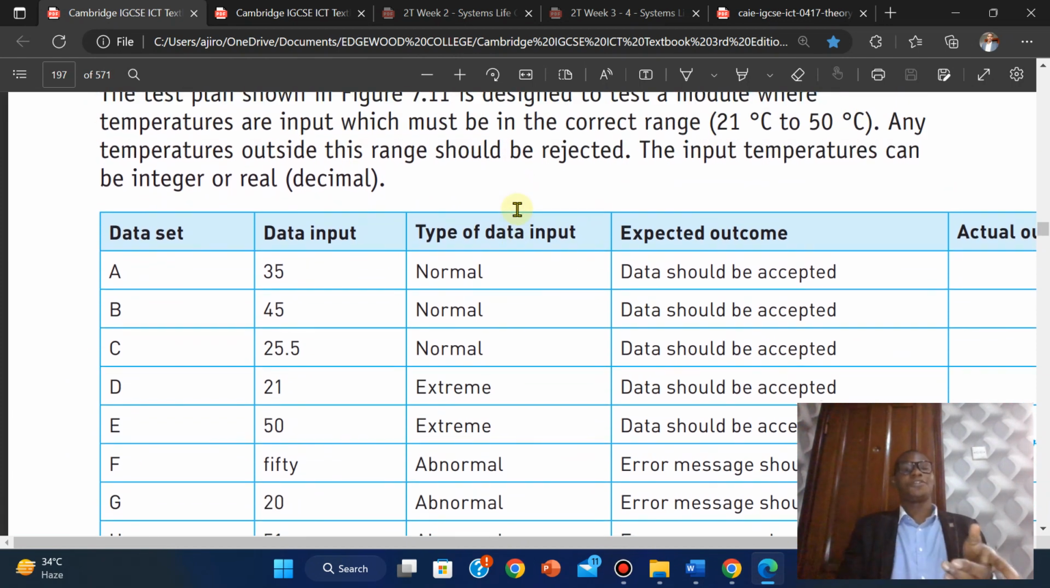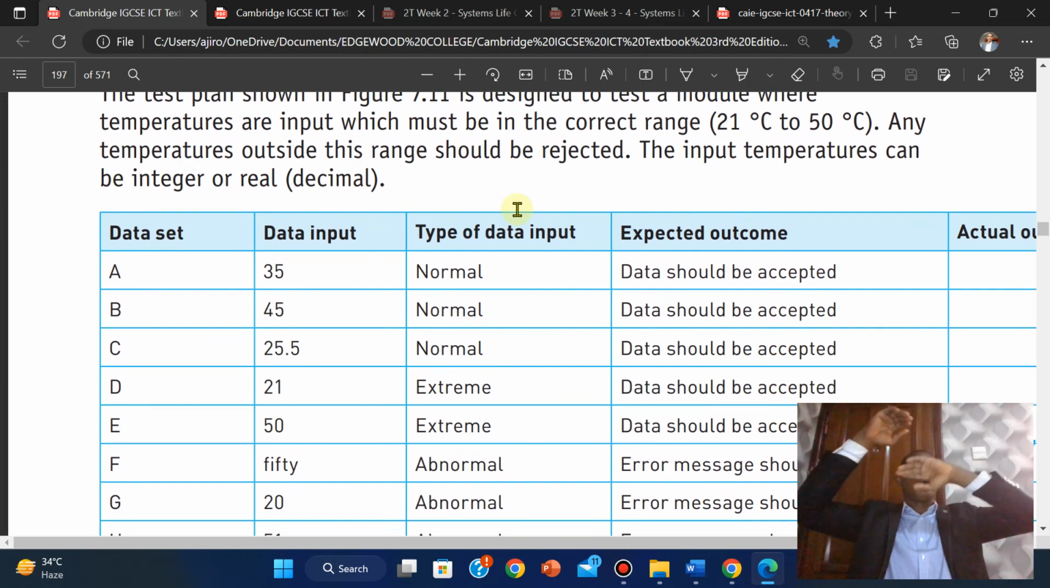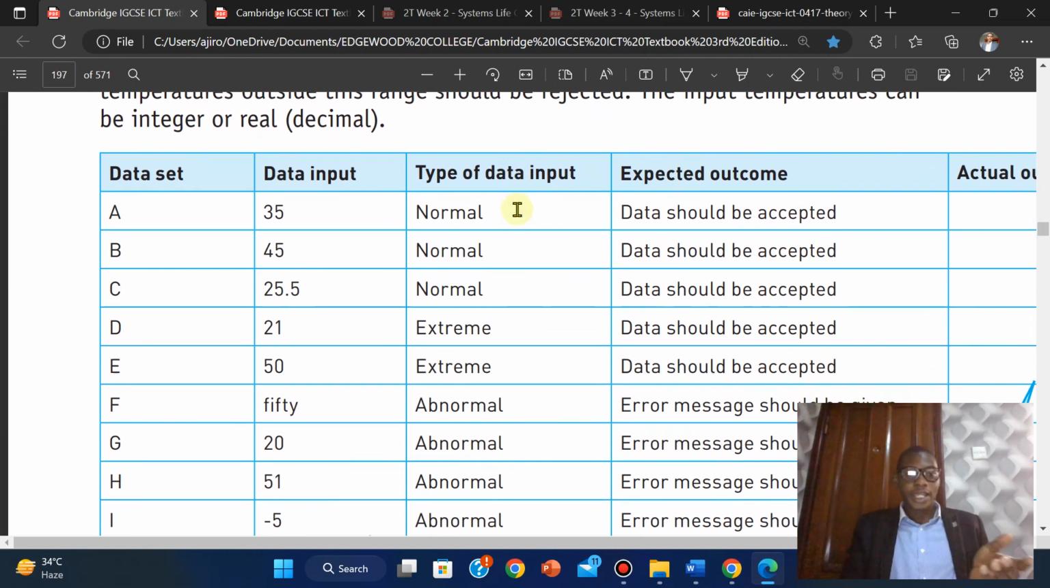D, 21. They say 21 is extreme because it is within the boundary of the limit of acceptability, the validity. Okay, so of course it can also be accepted, but it's extreme. Data set E, 50 is extreme, right? Now data set F,